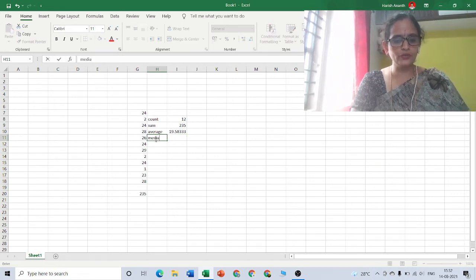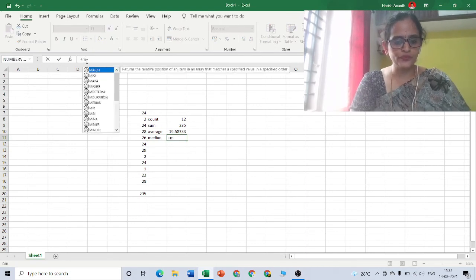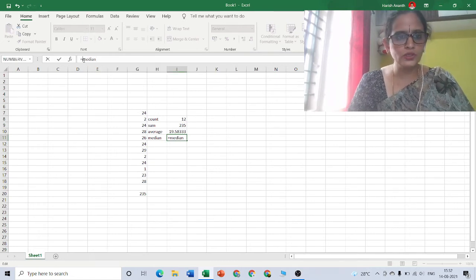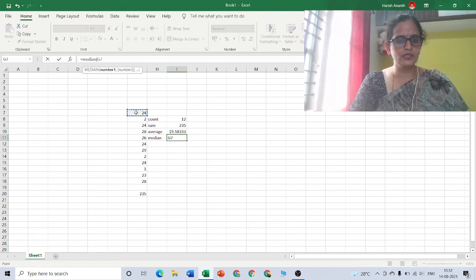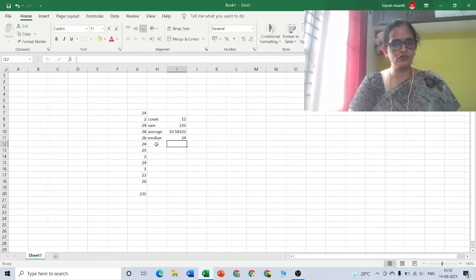If we want to find out the median score, type equal to median, open bracket, select these scores, close bracket and then enter. So 24 is the median.